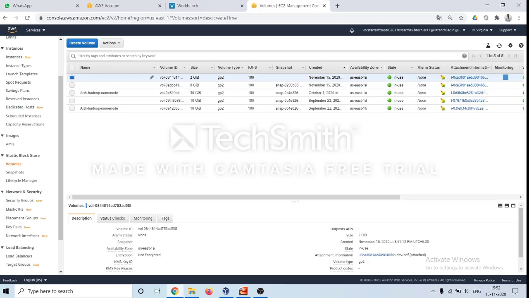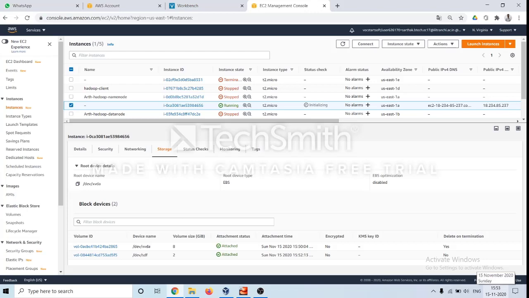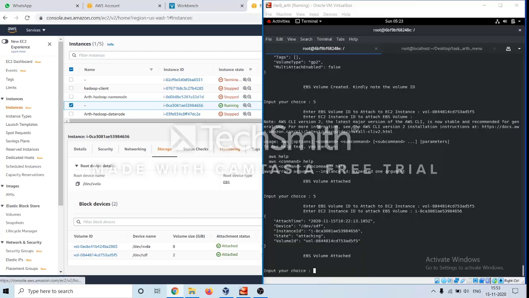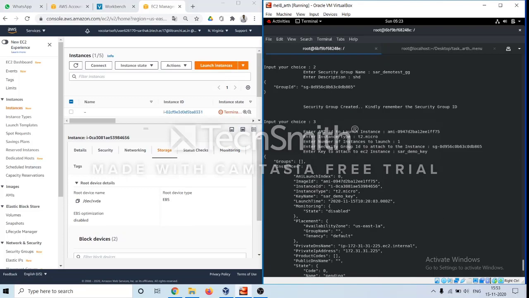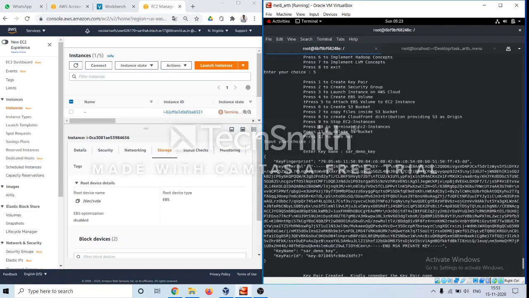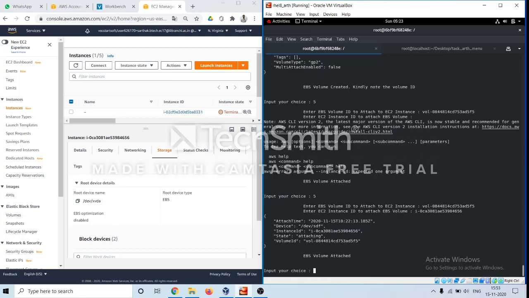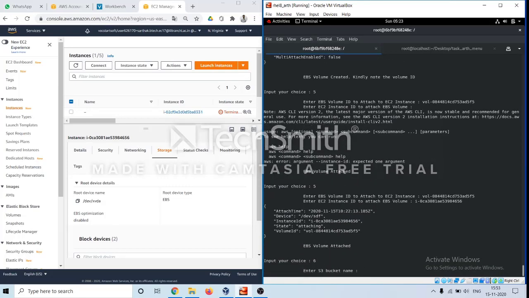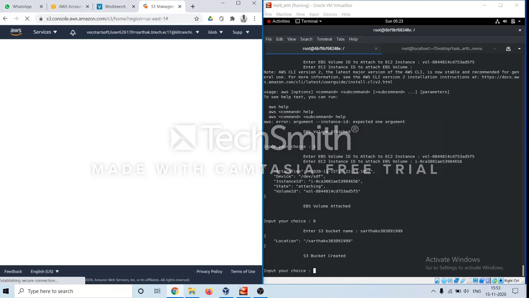So let's check to whom it's been attached. You can see the time 3:53. Yeah, so till now everything is running fine. Now look at the other functionality that we can do. Let's create an S3 bucket. Okay, 6. Since a bucket is created globally, I have to write a unique name.